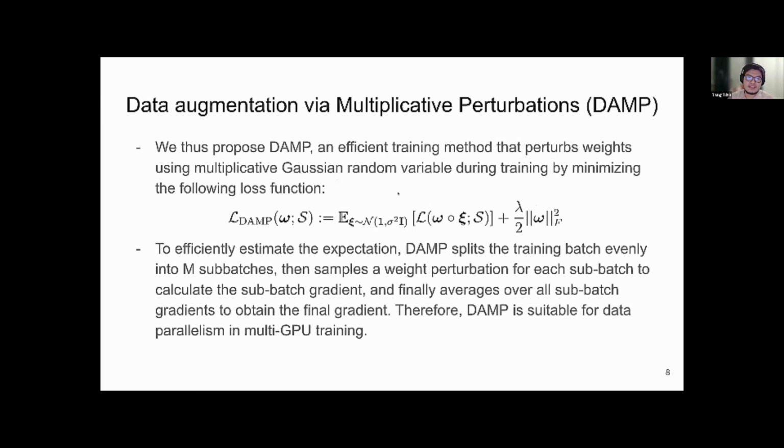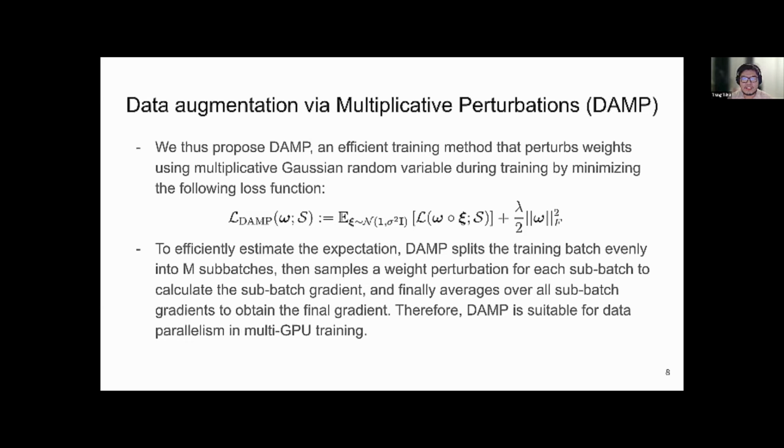In this new algorithm that we propose, we choose the noise distributions to be simply Gaussian distributions with a mean of 1. And this variance is shared among all the random variables for all the weights. It is a hyperparameter that we tune using a validation set.